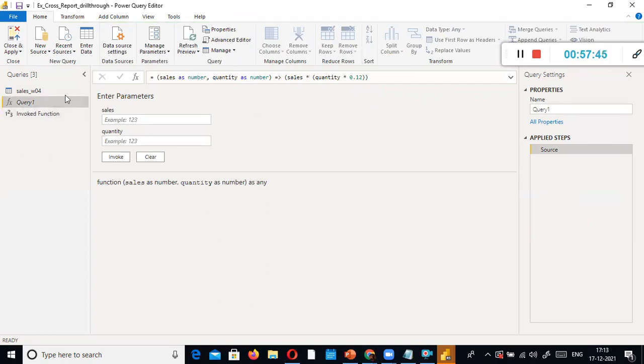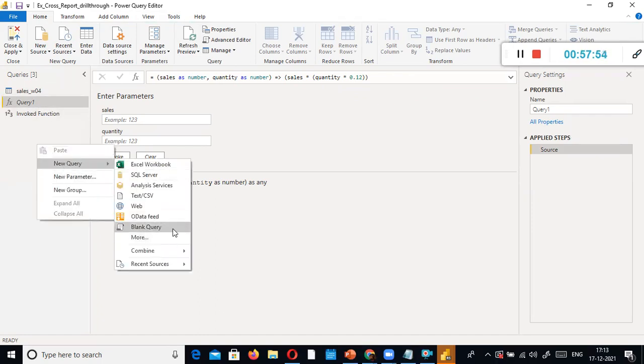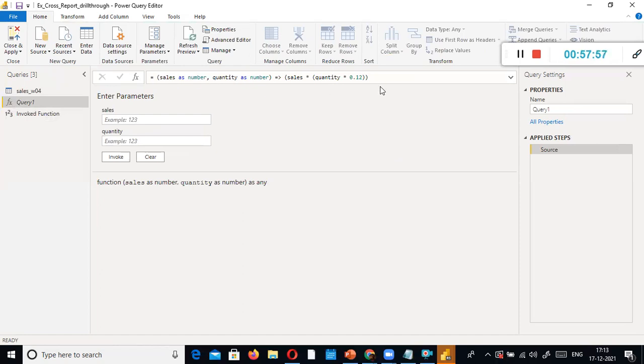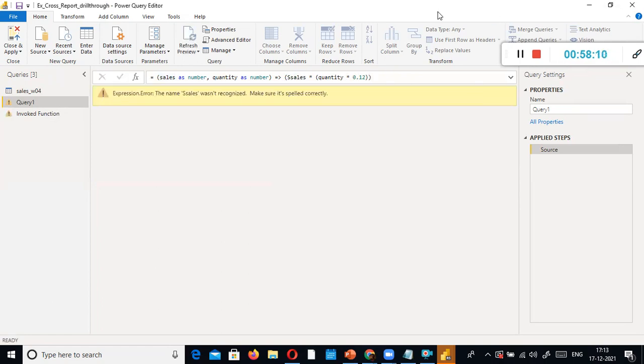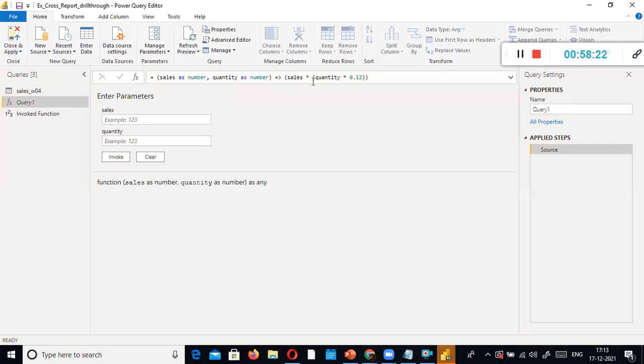This is the one. So to create this, you need to go to the Power Query editor. In the Power Query editor, in the empty place, right click, new query, click blank query. Inside the blank query, you need to type everything. Use small letters, and whatever letter case you see, use the same. Don't use capital letters here, otherwise it will throw an error. And don't make any spelling mistake, and also it is case sensitive. Simply follow whatever case you see here. Everything is lowercase. Here you don't do anything.